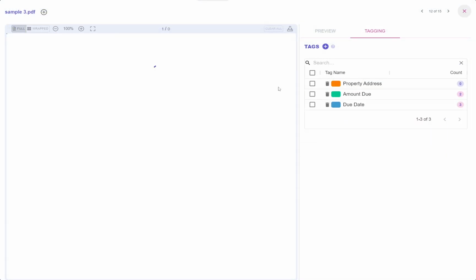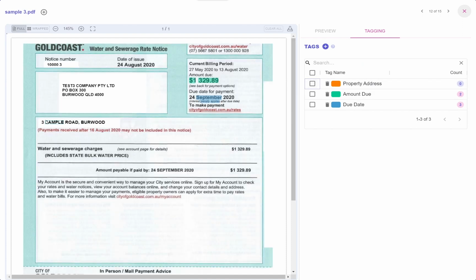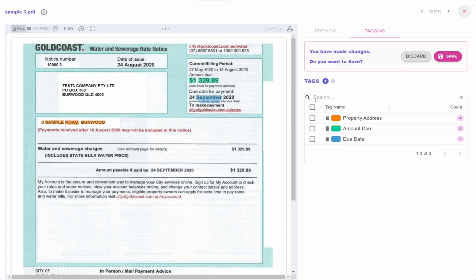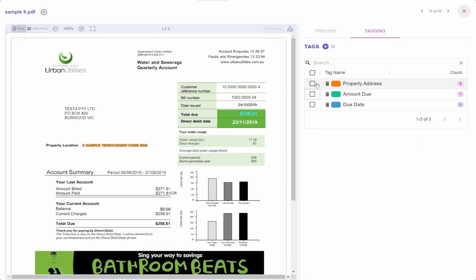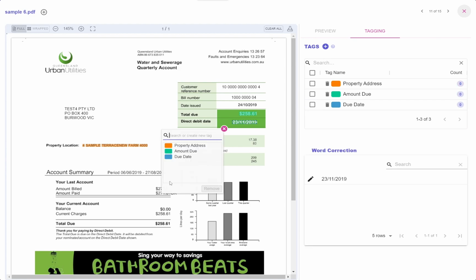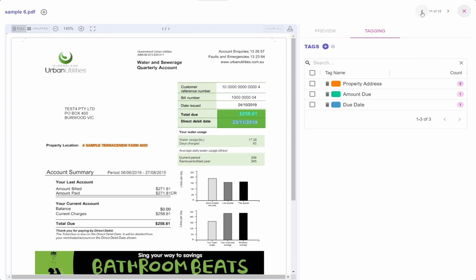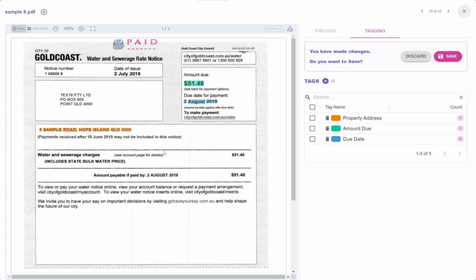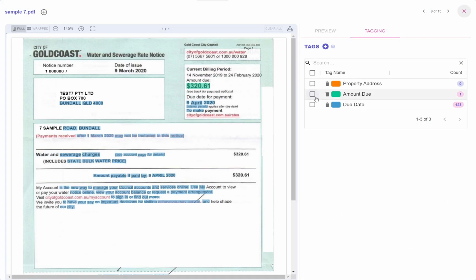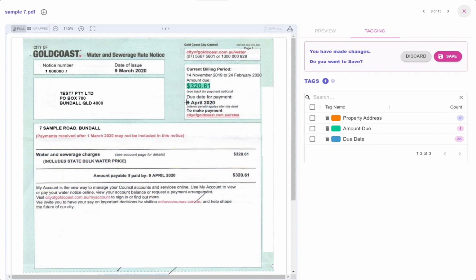Okay, because as I mentioned previously, we wouldn't expect a child to learn as soon as he finishes his first lesson. So similarly, we need to provide a relatively large number of documents for the AI to learn. It's impossible for the AI to get what we expect with only one document we taught. The exact number of documents that we need the AI to learn will vary based on the complexity of the project. But it's always important to add a variety of documents, including different styles, different formats, and even different